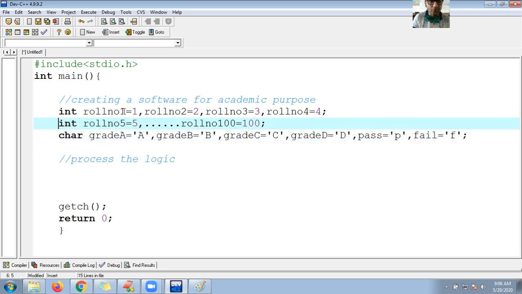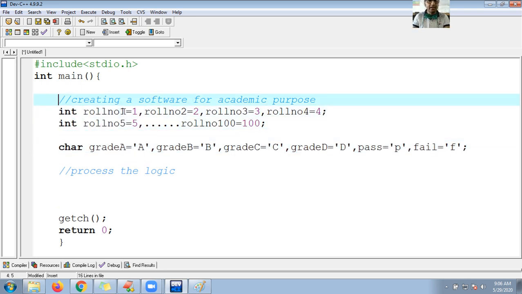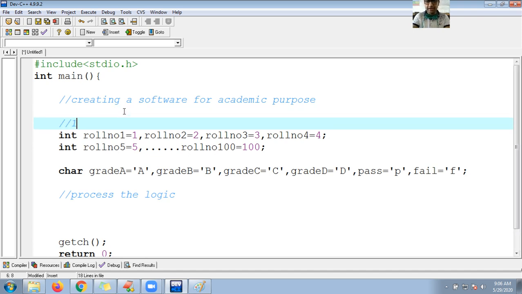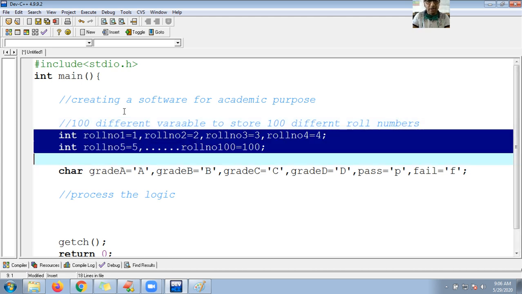If you observe in this program, here I created 100 different variables to store 100 different roll numbers. So really, is it convenient? Is it a good approach?